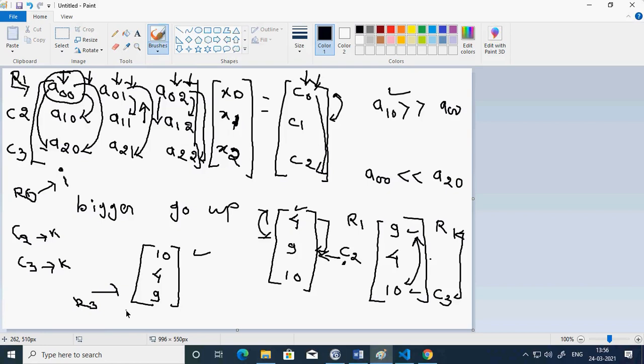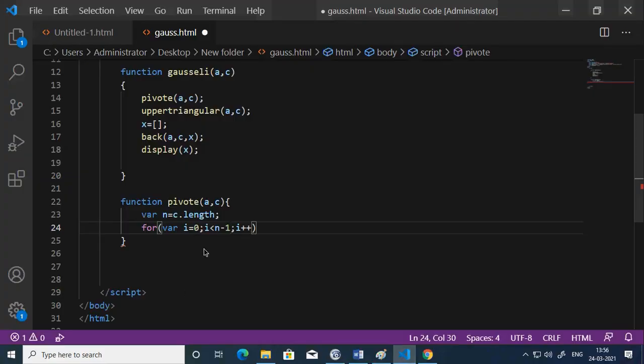It will never go because there is no row below it for the comparison. The row which I am going to use as a reference will go up to the second last row, because at least one row below it is needed for the comparison. So the value of R is going to start from the first row and go up to the second last row, but it will never become the last row, because if it becomes the last row, there is no row below it for the comparison. So C won't come into existence. So to have an existence of C, this will be n minus 1.